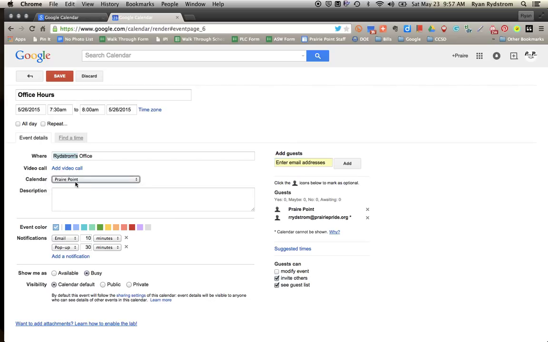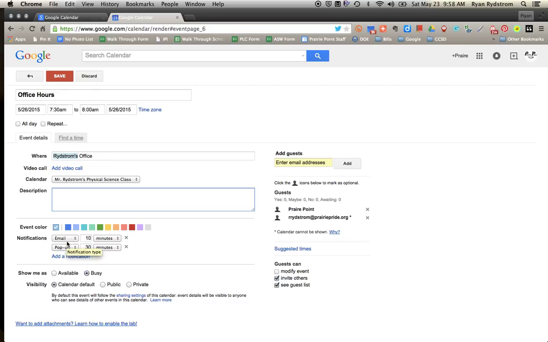You want to say what calendar it's going to do. So as you add calendars for different preps or different calendars that you want to do with your co-teachers and that type of stuff, you want to make sure it's to the right calendar. So this is going to be for Mr. Reedstrom's physical science class. You can type in a description if you want,